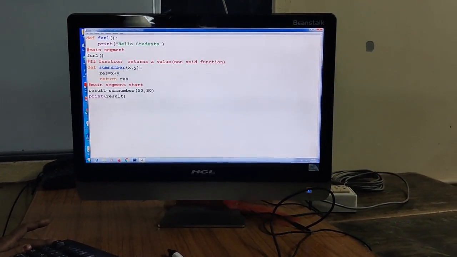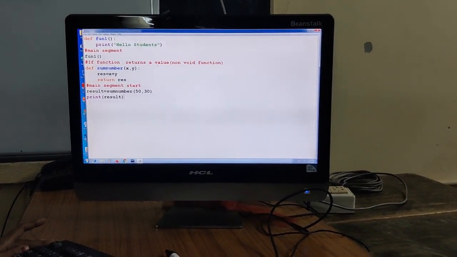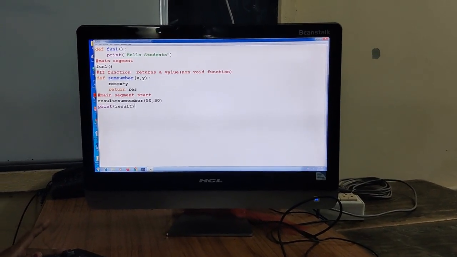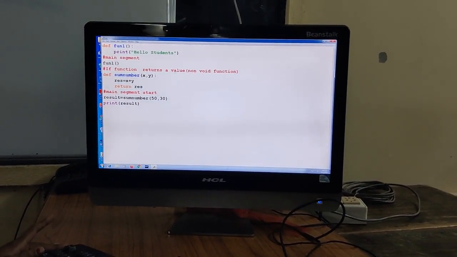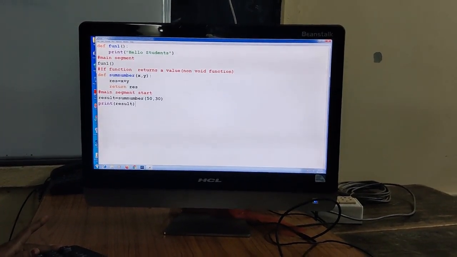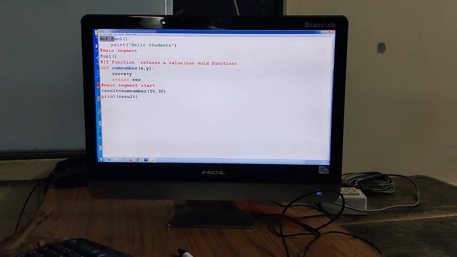And what about your void function? If your function does not have a return statement, then that one is known as a void function. Which one is the example of a void function? Here you can see that fun1 is a function having no return type. Is that clear?